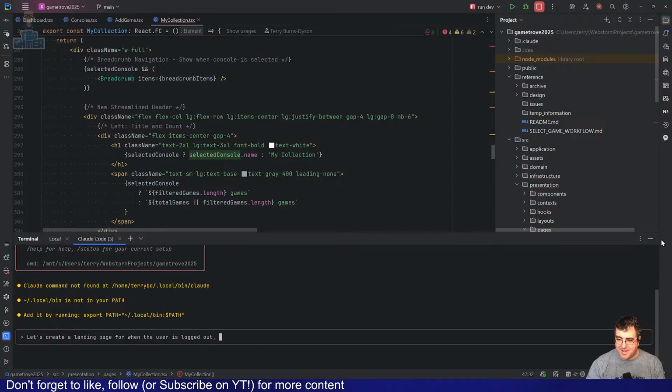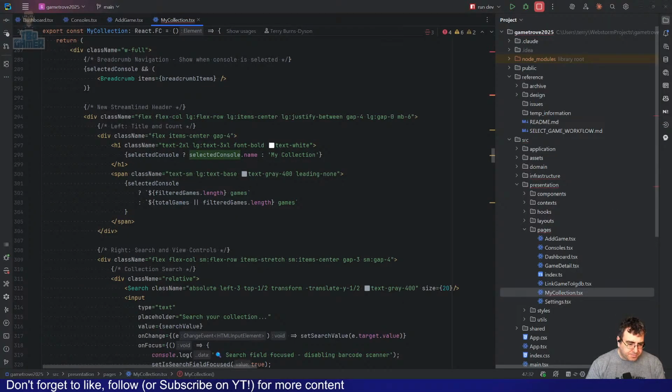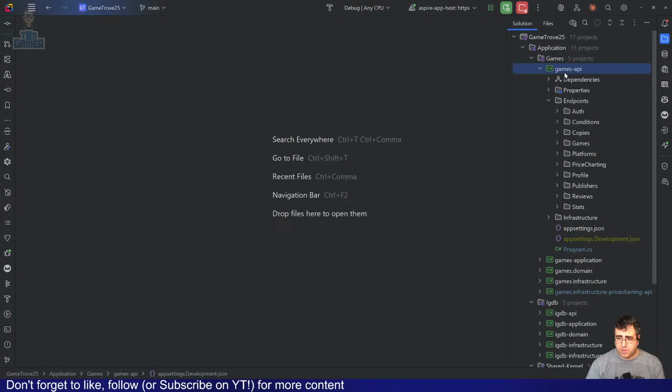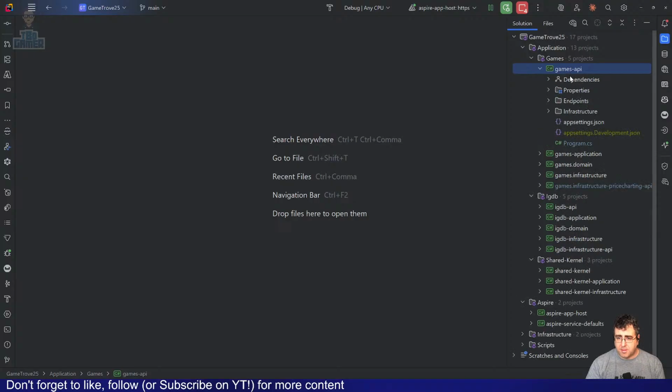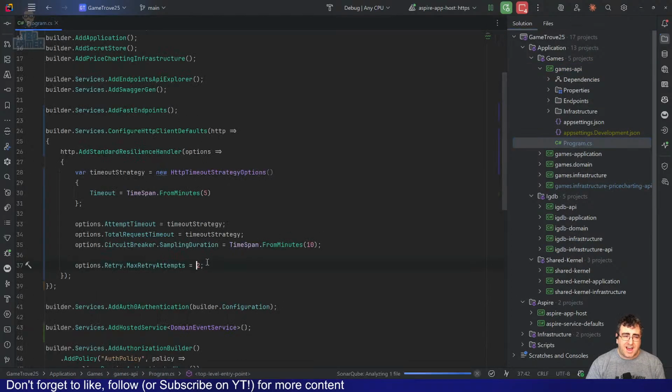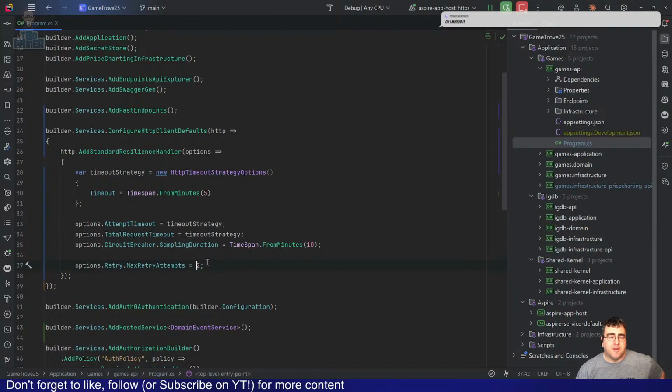I did, yes. The problem was, and I did post in Discord for anyone who didn't see this, that as of .NET 8, they introduced the resilience library, which is basically Polly, I think. So they pushed in these resilience pieces, and what happens is it has a default timeout of 10 seconds. So what I've done is I've got this in here.